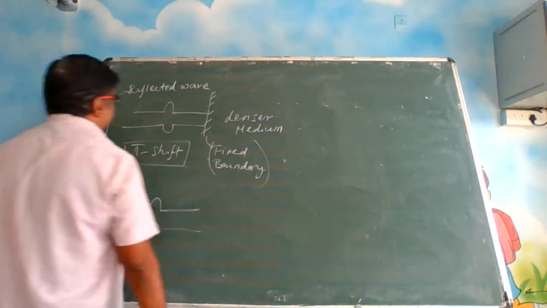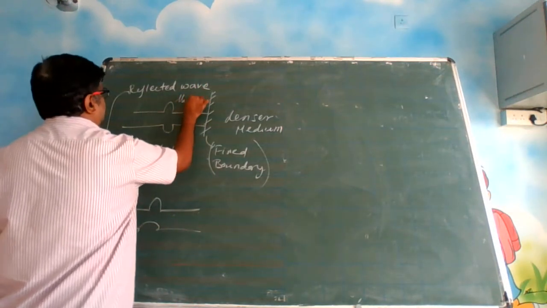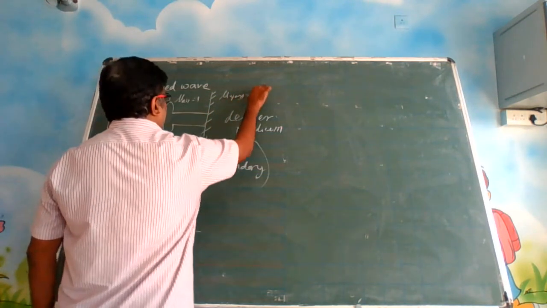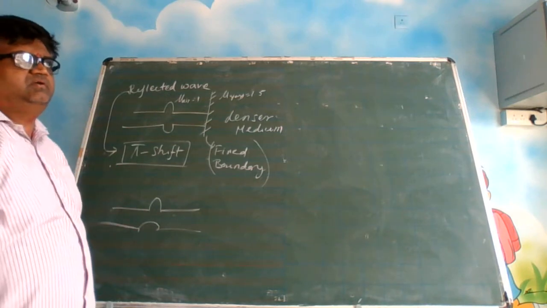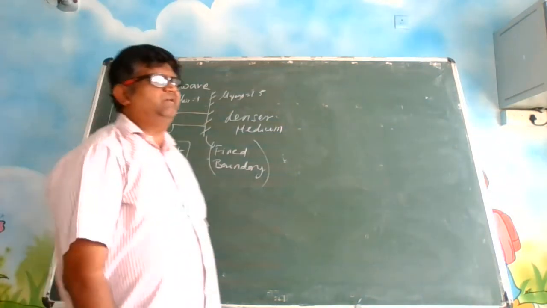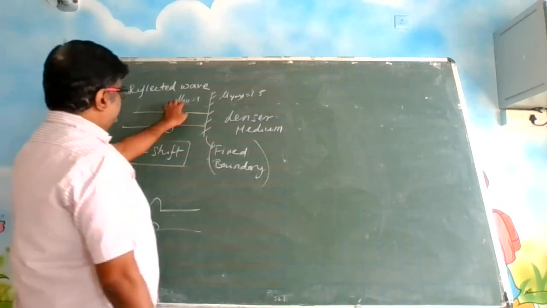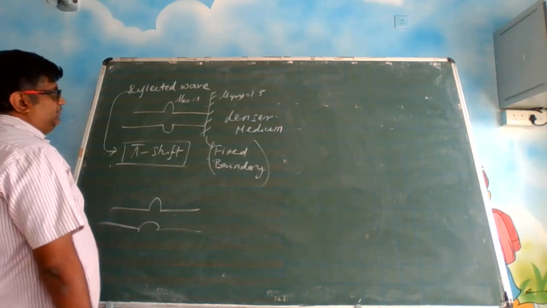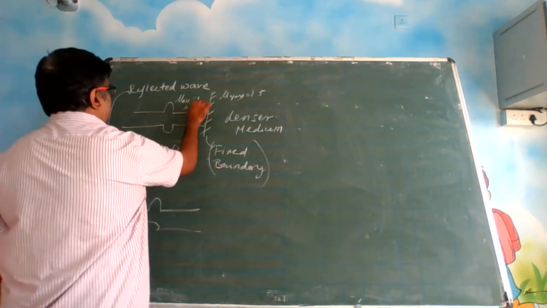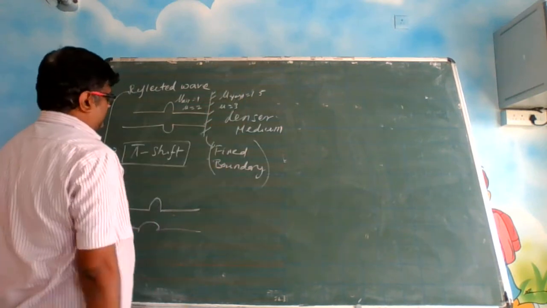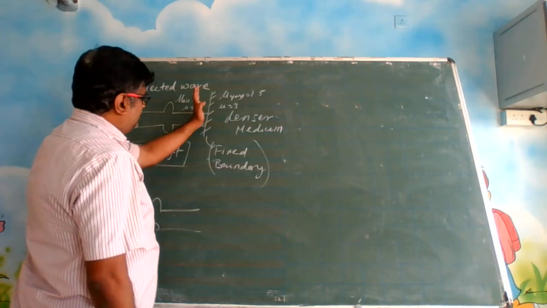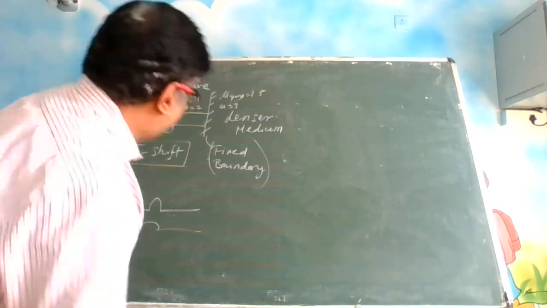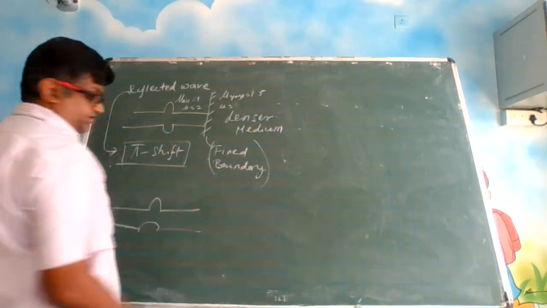What do I mean by denser medium? Let us say it is air. Mu of air is equal to 1, and this is mu of glass, let us say 1.5. Glass is 1.5, right? Water is 4 by 3, 1.33. So with respect to this medium, this is denser medium. Suppose here mu value was 2 and here mu value is 3. With respect to this medium, the one on the right side is denser. Mu is equal to 2 and here mu is equal to 1, let us say.